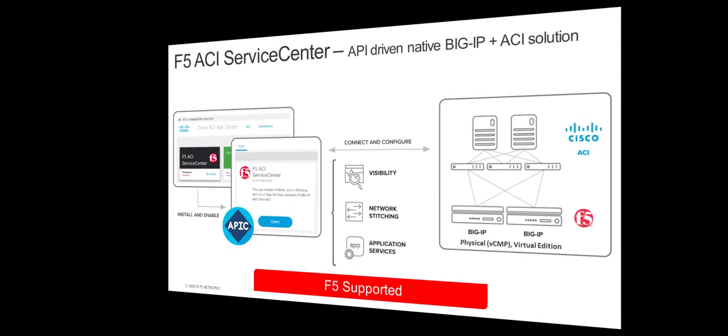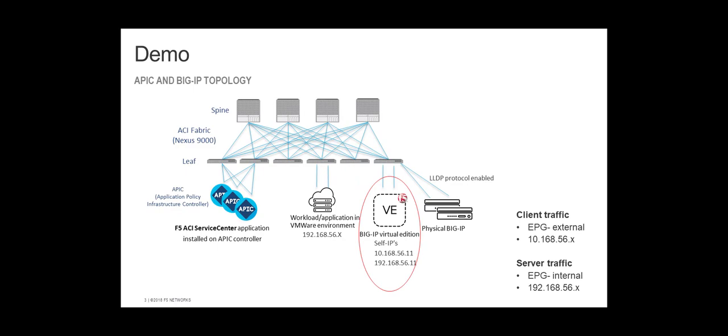Now let's also take a look at the topology that we are going to be using for this demonstration. We are particularly going to be working with a Big IP virtual edition, but in our environment, we do also have physical Big IPs, and the workload that we are going to be working with is a virtual workload that's sitting in a VMware environment. The F5 ACI Service Center is already installed on the APIC controller. For the Big IP virtual edition, we are going to be using a 2-arm deployment with client traffic as part of subnet 10.168 and server traffic as part of subnet